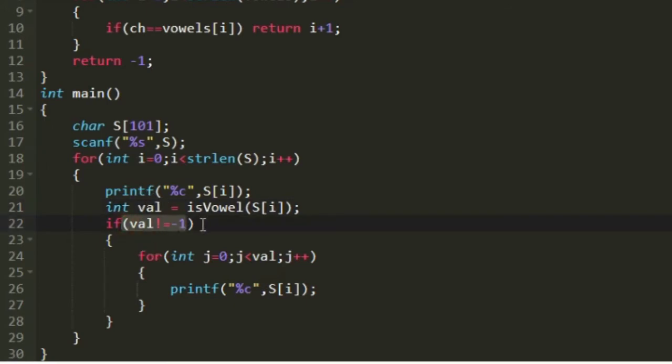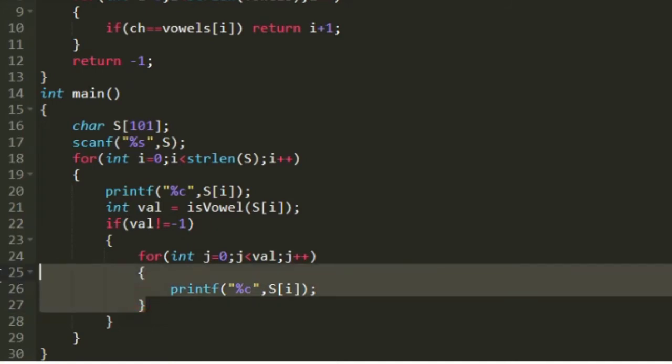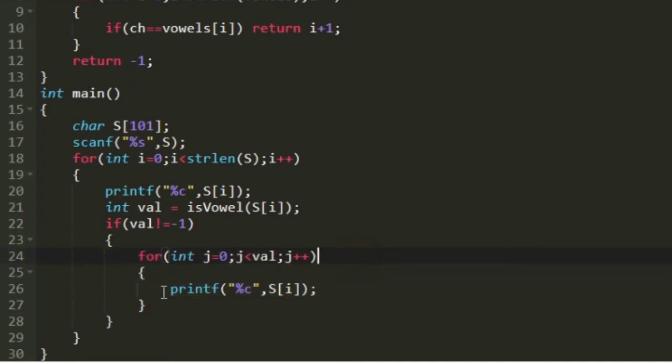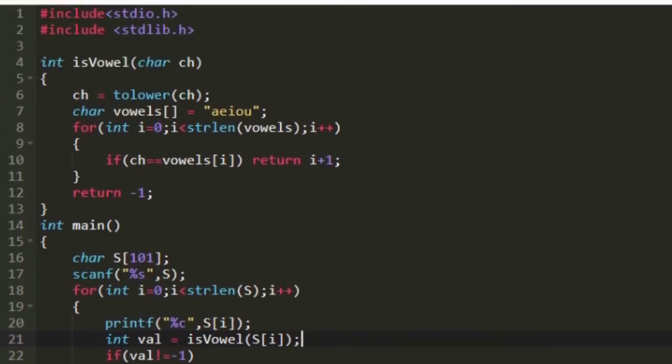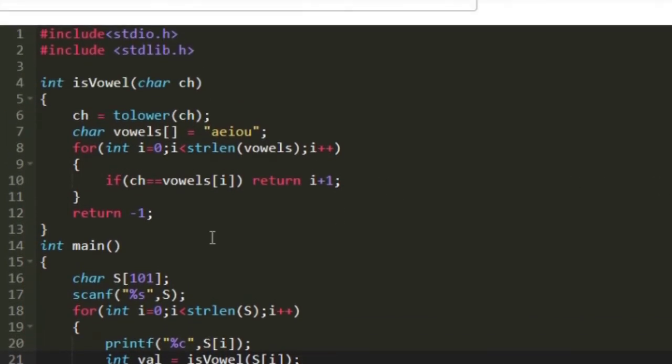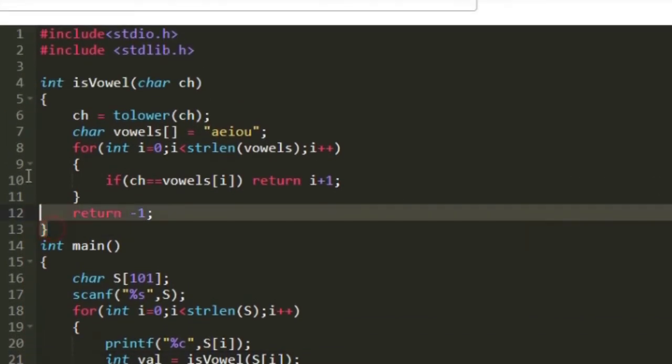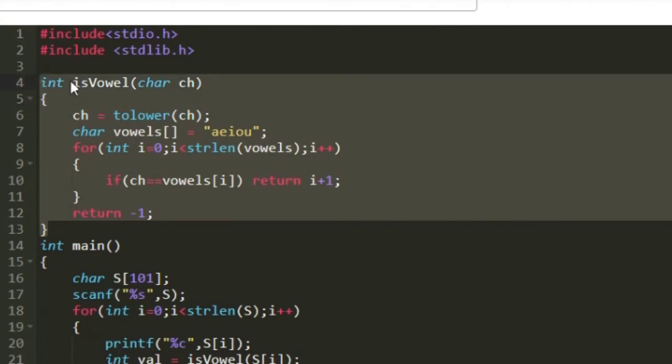In the next line we are checking the value of the integer variable VAL. If value is not equal to -1 then it is a vowel. So we have to repeat the character for some times. That value will be stored in the variable VAL because that is how our function isVowel is designed. Let us see how that function works. This function is of return type int and it accepts a character in its arguments.